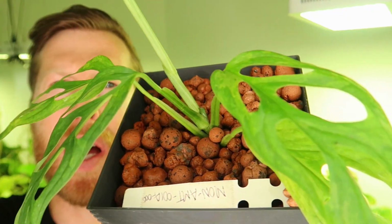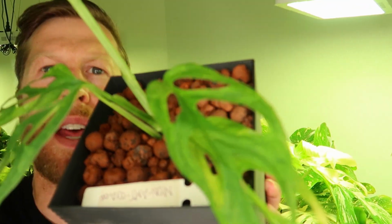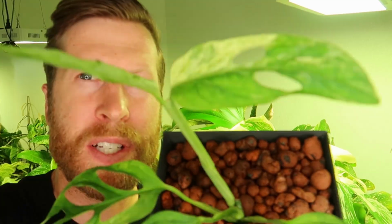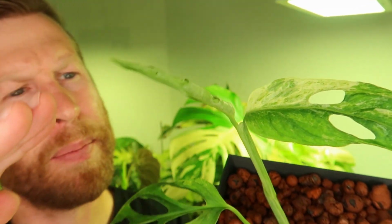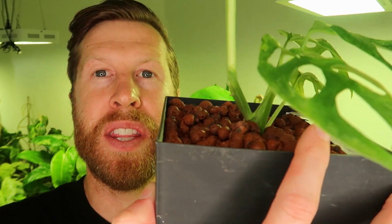It mostly had pretty green leaves with some little bits of flecking and variegation in them. But then this new leaf just came out, and it has that classical mint look. And it looks like the next leaf that's coming out should have some variegation as well. Just like all adansoniis, it grows really fast and roots really fast. You can see the aerial roots coming out on the stem, and that makes for a really easy plant